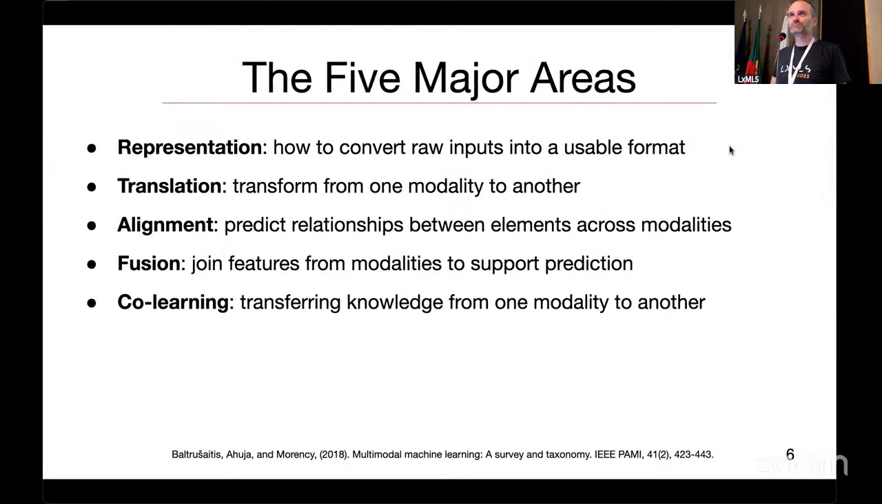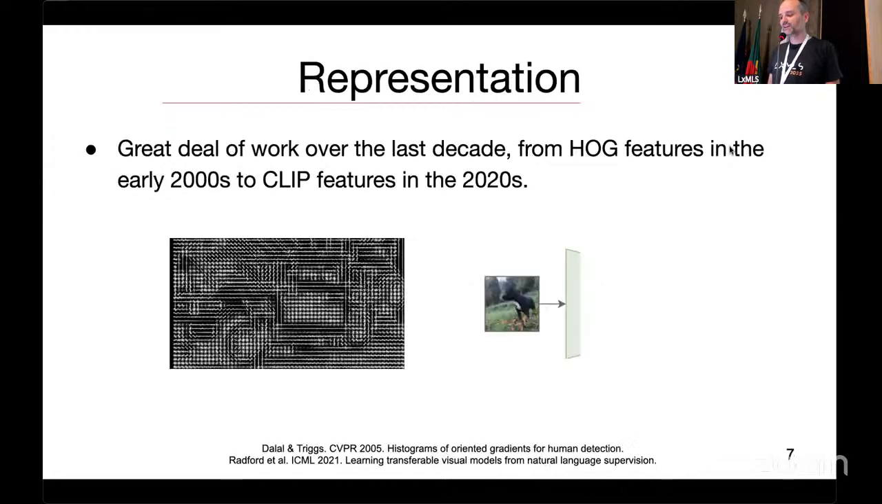In terms of multimodal vision and language, there are at least 5 major areas of research you could be interested in: the representation of data, the translation of data between modalities, the alignment of data through modality-specific neural nets, fusing features together, and co-learning. In terms of representation, we've seen a lot of work in the last 20 years, going from handcrafted features like SIFT and HOG, all the way up to "I'll just throw it through CLIP and use